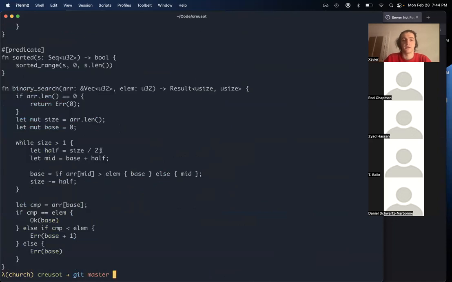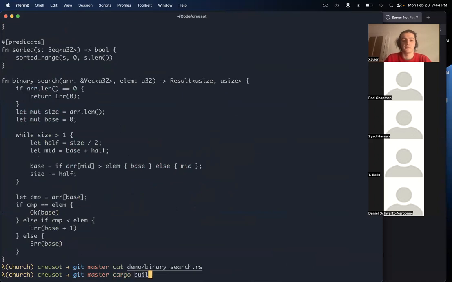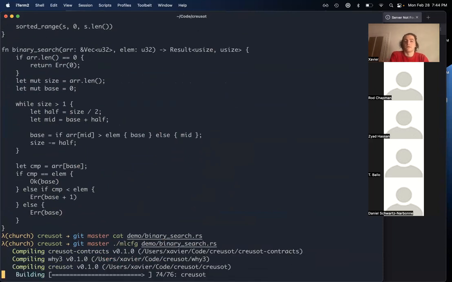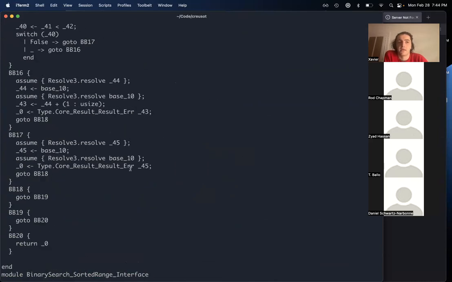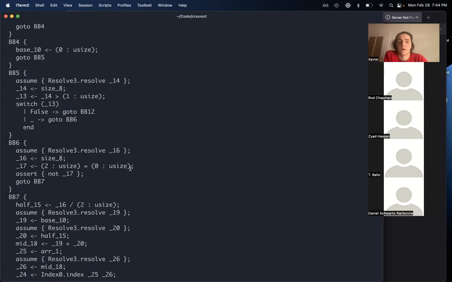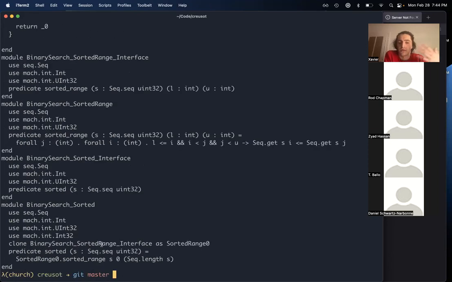So if we have our little binary search here, we can build Creusot and run it on the file. And Creusot is going to generate this massive file in a format we call MLCFG, which is the input format that we use in Why3.